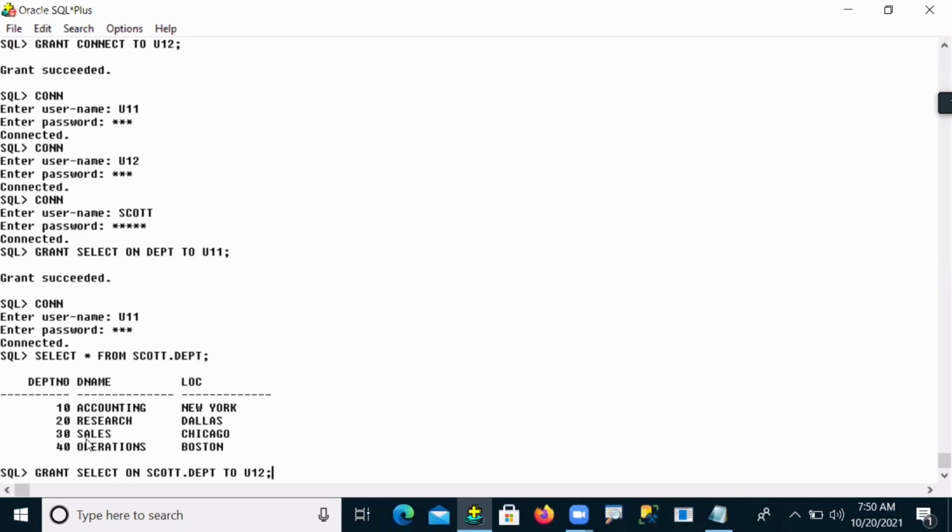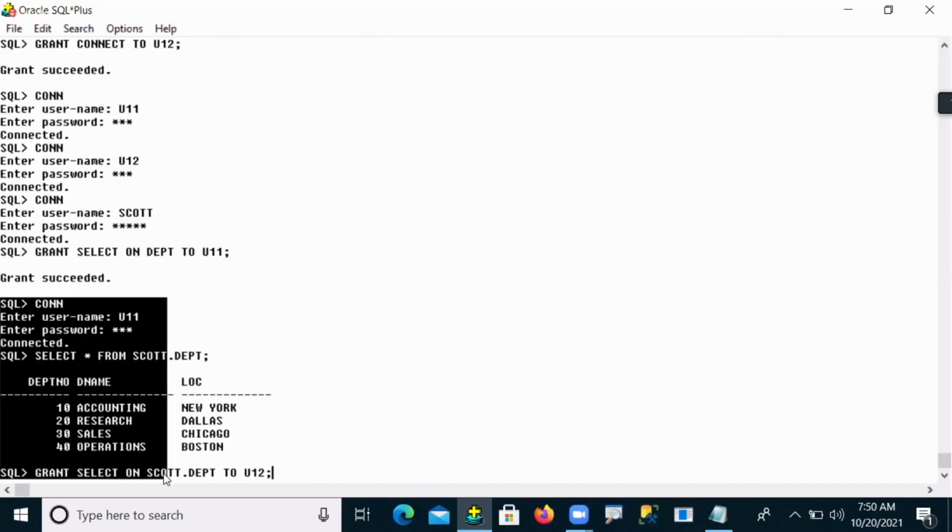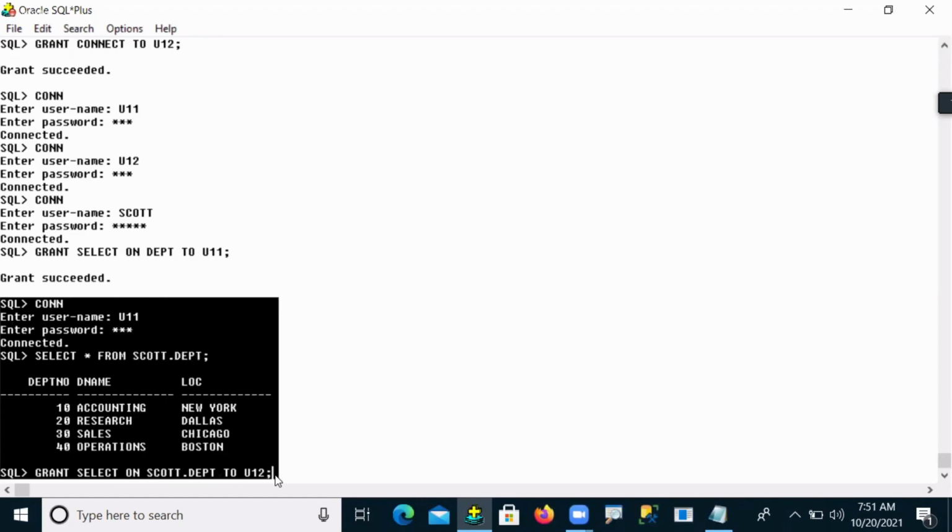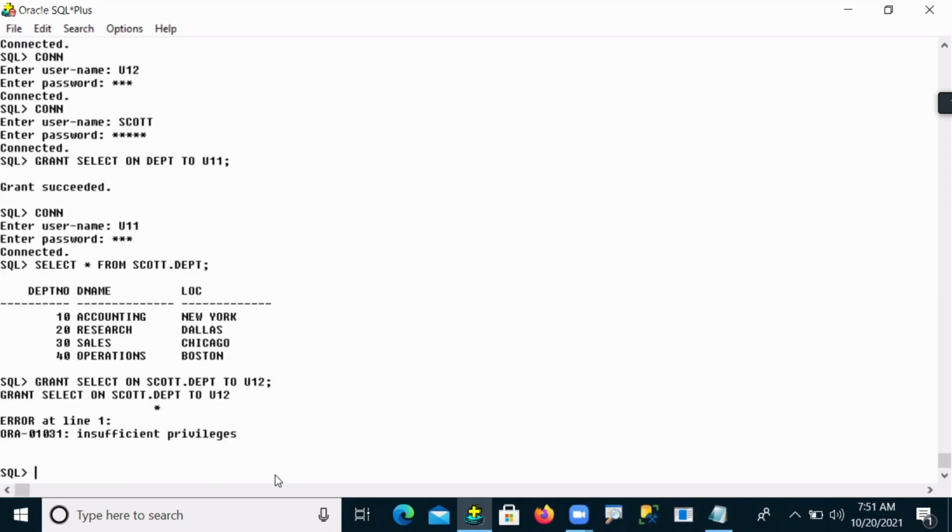That means user 11 is connected, and user 11 tries to grant select permission on the DEPT table to user number 12. Okay, but what was happening, you can see. I entered, but it was telling, insufficient privileges.